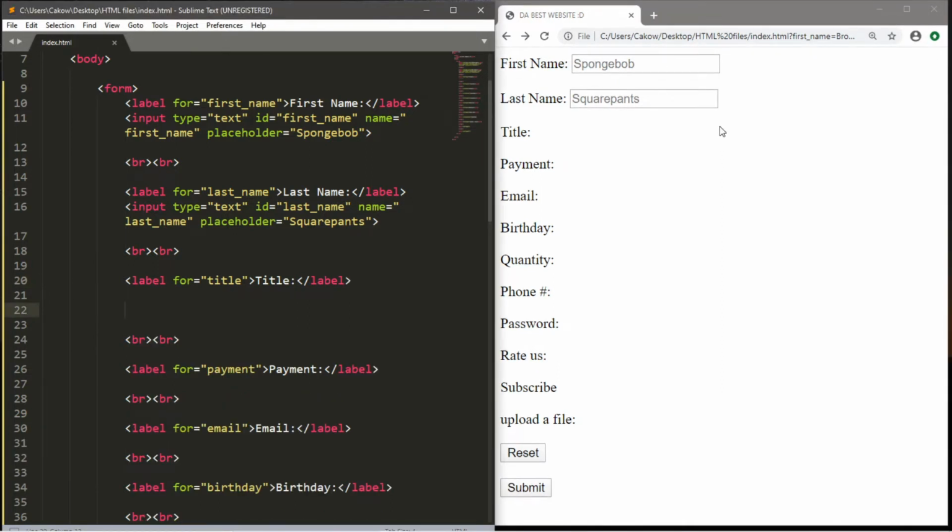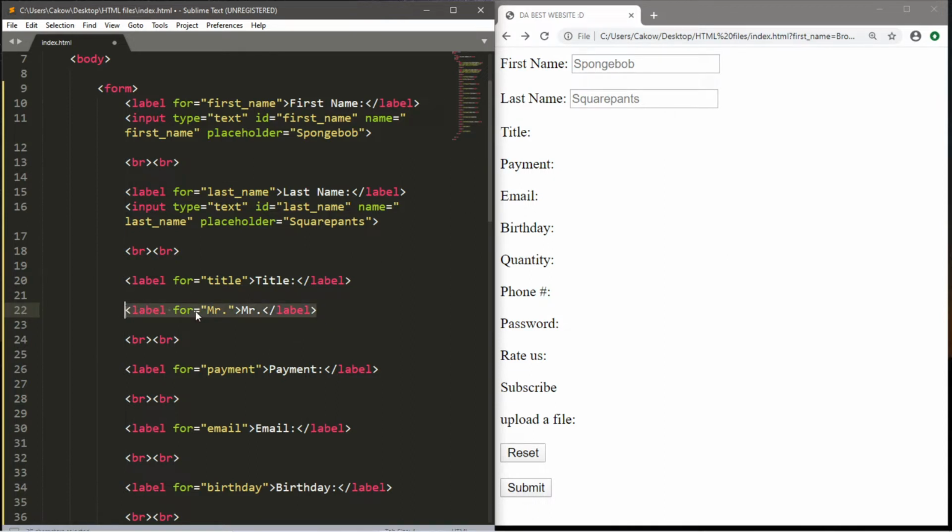Let's begin by creating some radio buttons for a title, and by title I mean like Mr., Mrs., Doctor, titles like that. So let's create a few labels to begin. So label for equals, and then perhaps the first one will be Mr. Then let's add some text to the screen, so we'll just put the text Mr. on here, and then close this label.